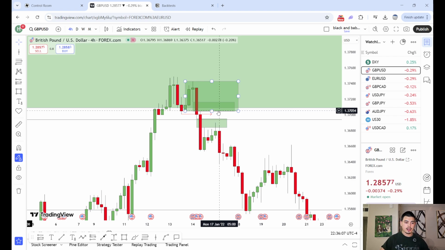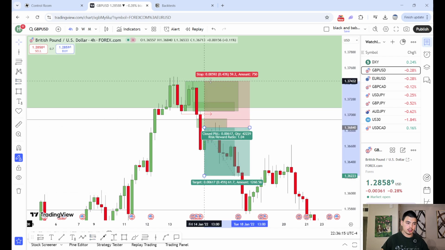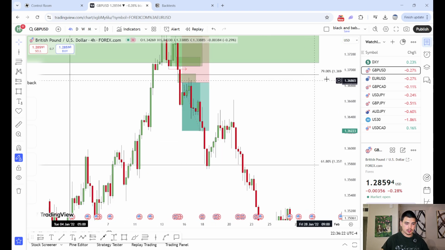Now, obviously, the other 0.5 doesn't get triggered, and that's all right. That's all reality of trading. Right here is my first entry, and my stop loss would go above all 3 PDAs, okay? So with that being said, 0.5% went down,